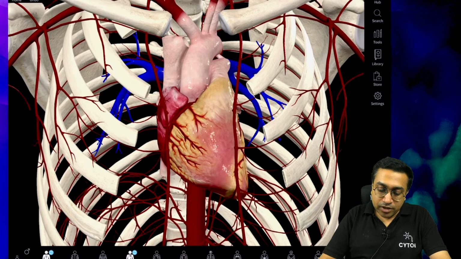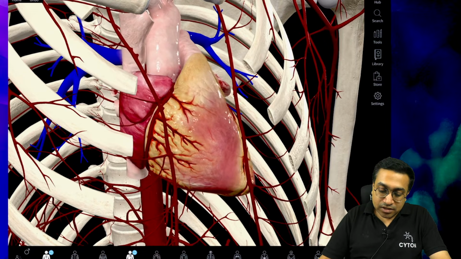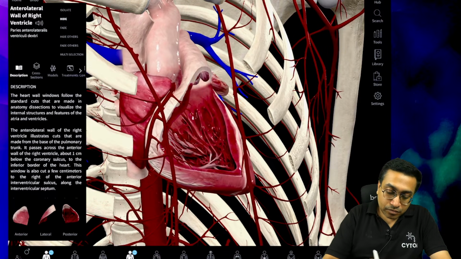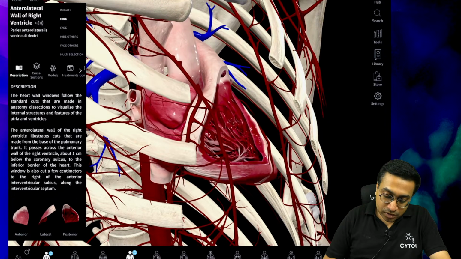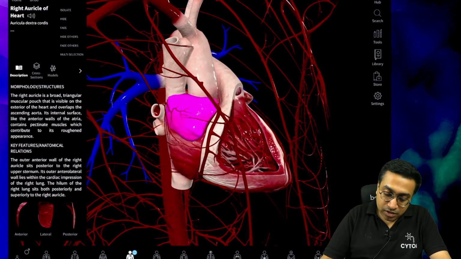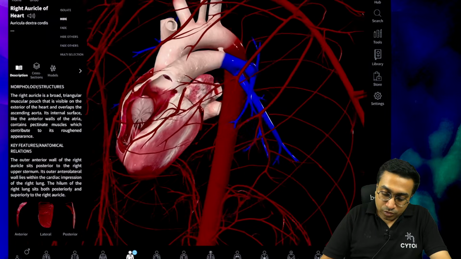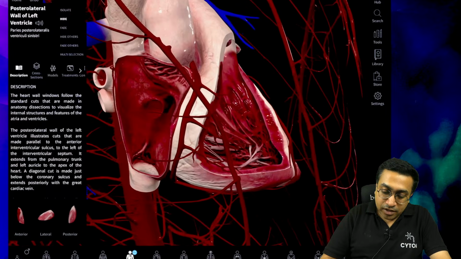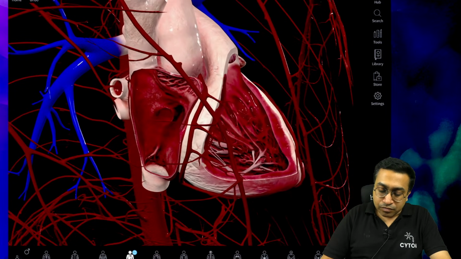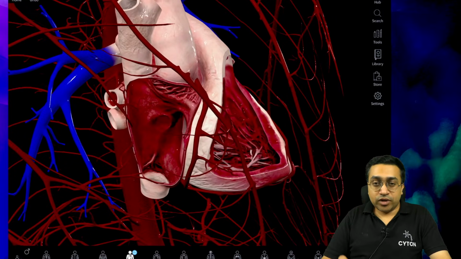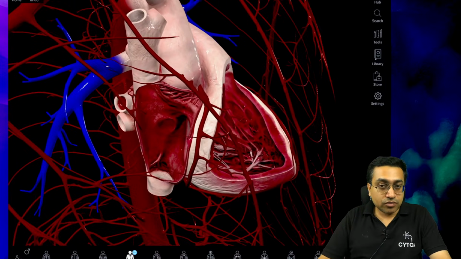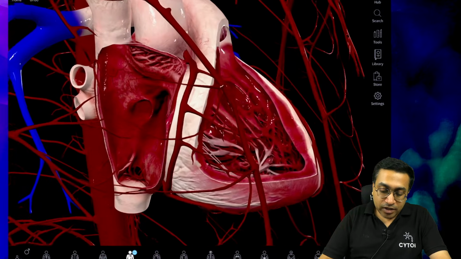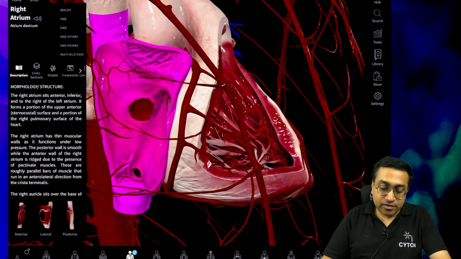So if you remember from your class, that is the heart. If I just need to cut open, I'm just cutting it open. Let me remove the skeleton for time being. All right, so I'm just opening the heart so that you get a better understanding. Okay, so now see this beating heart. From your background knowledge, I guess you can remember that there are 4 chambers of the heart, right? The one which you are looking at, this opened one, is the right atrium.